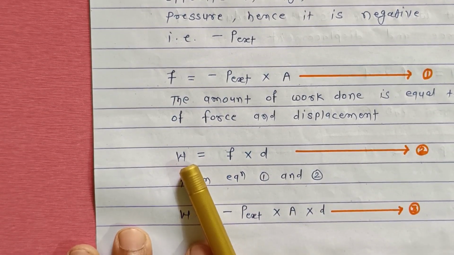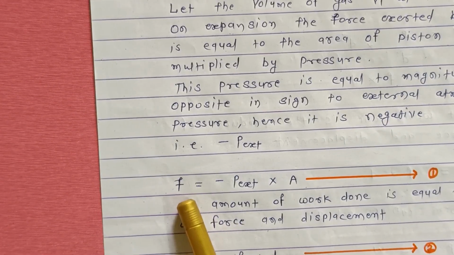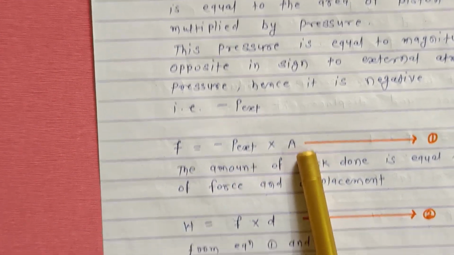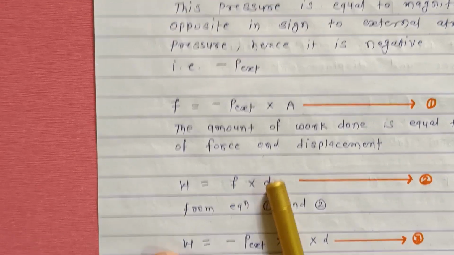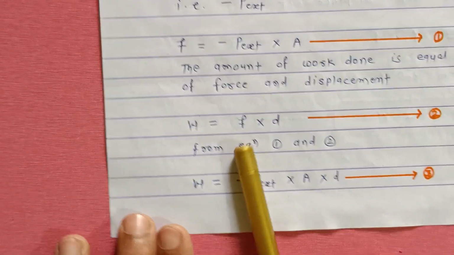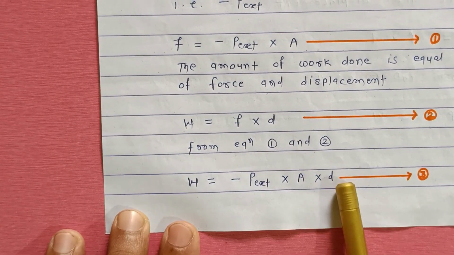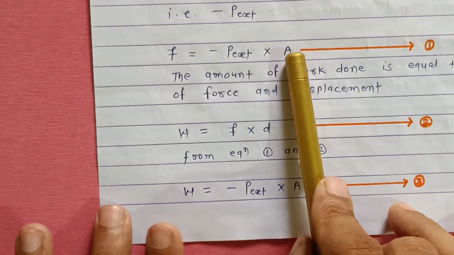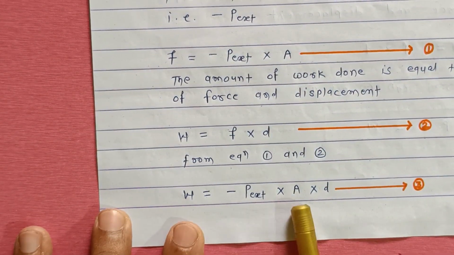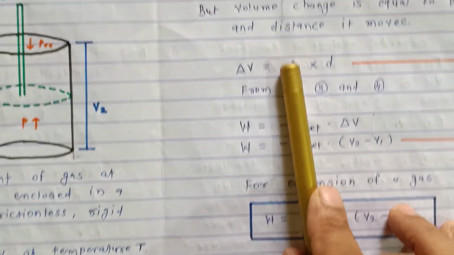अब जो W है वो निकालने के लिए अपने पास फोर्स का पहले इक्वेशन का वैल्यू है, क्या वैल्यू है F का? माइनस पी एक्सटर्नल इंटू ए। उसको हम इक्वेशन नंबर 2 में प्लेस कर रहे हैं। W इज इक्वल टू फोर्स इंटू डिस्प्लेसमेंट, व्हाट इज द वैल्यू ऑफ F? W इज इक्वल टू माइनस पी एक्सटर्नल इंटू ए, डी एज इट इज, डी जैसे का वैसा। F की वैल्यू क्या है? माइनस पी एक्सटर्नल इंटू ए। सो W इज इक्वल टू माइनस पी एक्सटर्नल इंटू ए इंटू डी। ये हो गया इक्वेशन नंबर 3।